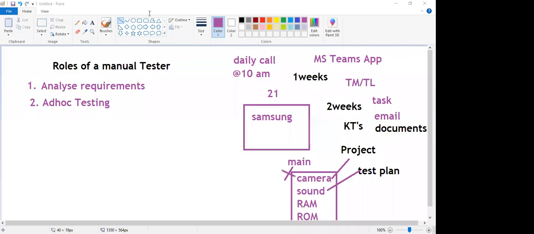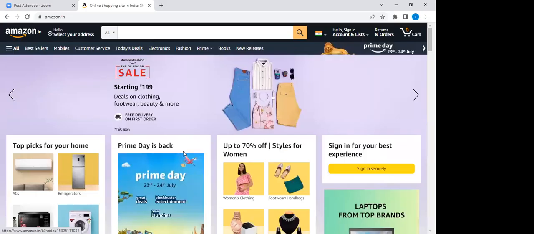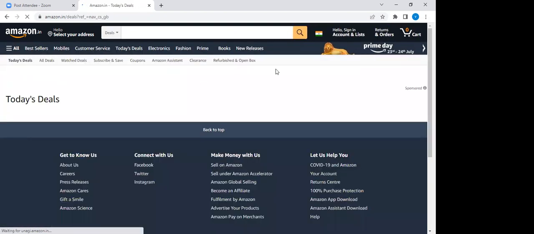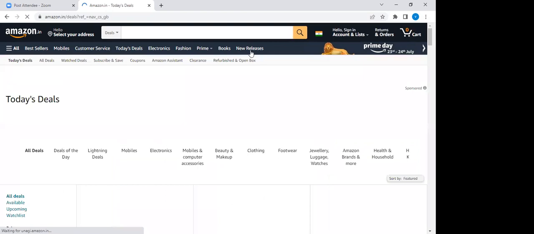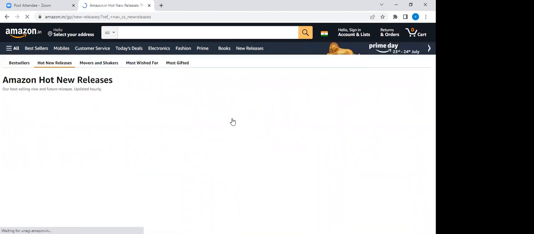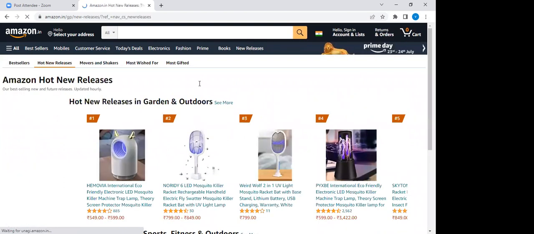I just open Amazon and click on today's deal, whether it is working or not. And I'm clicking on new releases. I just randomly pick and I need to test it. So whether it is going to be working or not, we need to test it. So in this case,